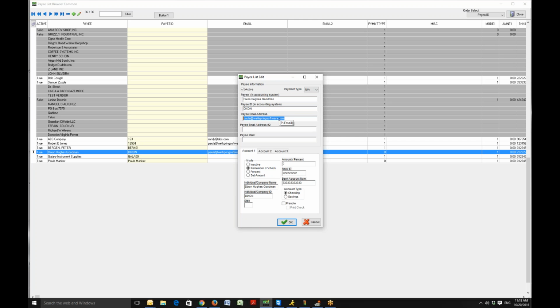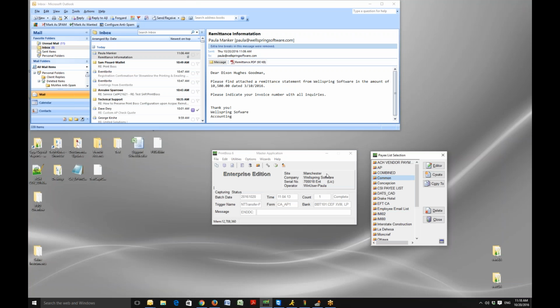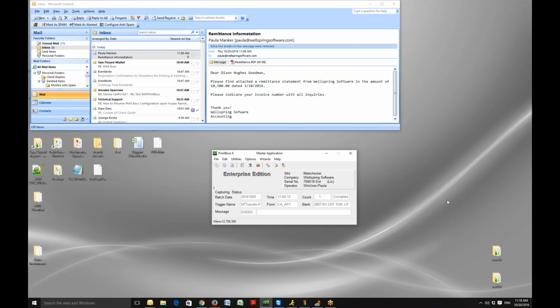In this case, I picked up the email address in order to send that on to PrintBoss. Wouldn't it normally be picked up from Sage 300 and the payee there, yeah, right? And it was, but I didn't have it here, so I just showed it. I'm sorry, I realized that. I just wanted to make it clear that